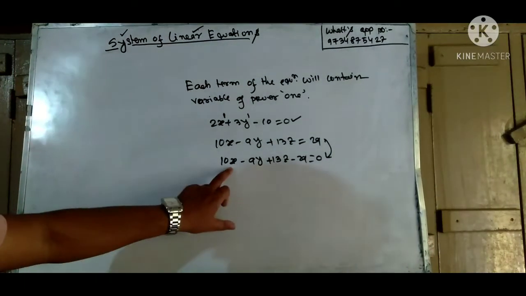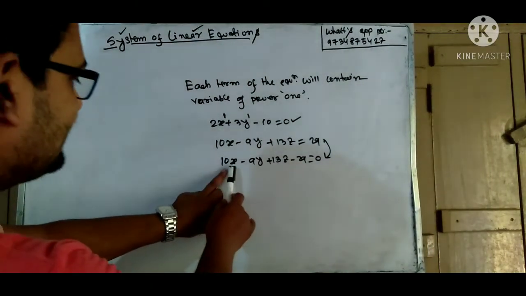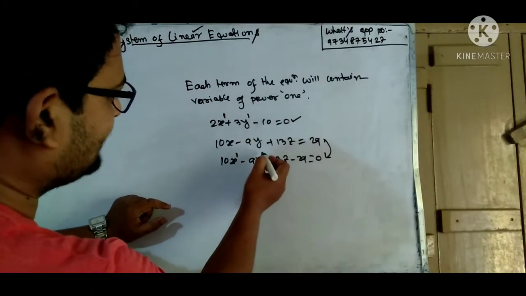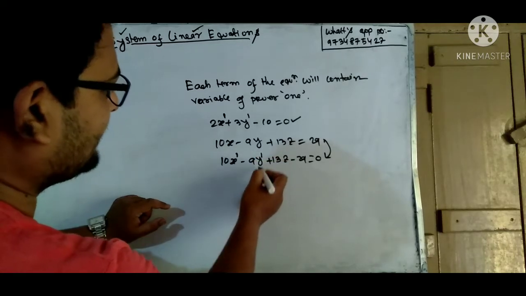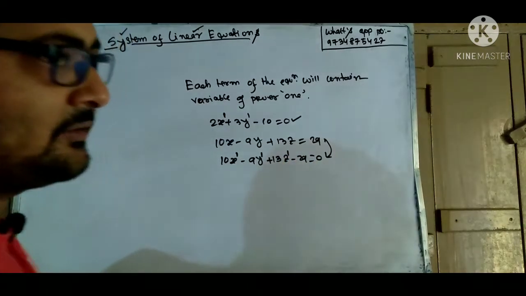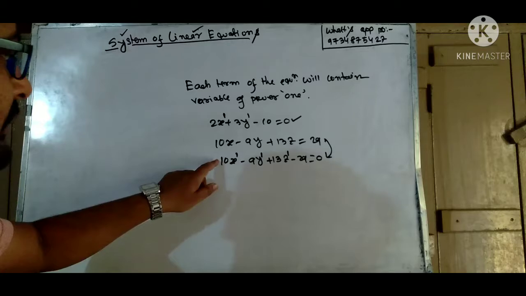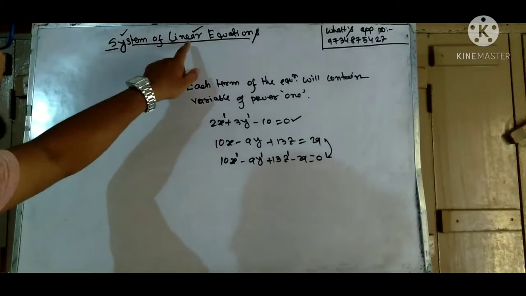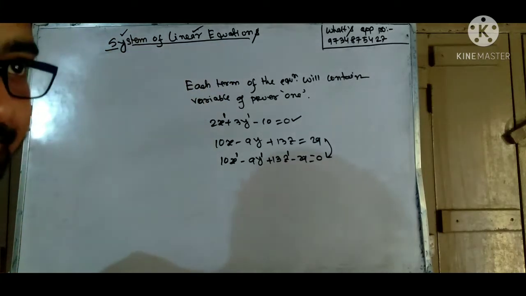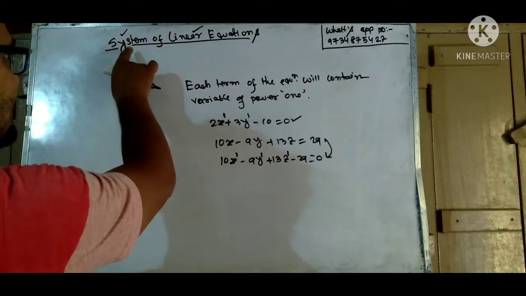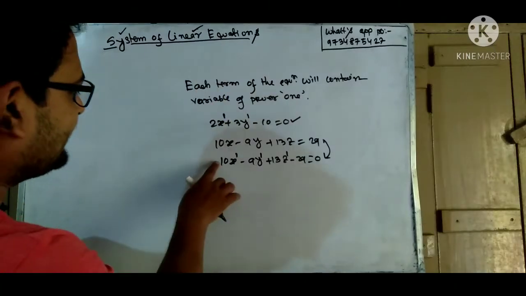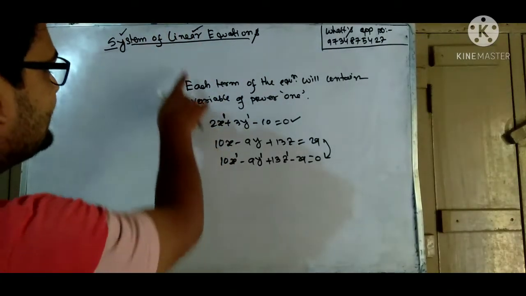Now we will check whether this is a linear equation or not. In the first term the variable x occurs, its power is 1. In the second term variable y, its power is 1. In the third term variable z, its power is 1, and in the fourth term there is no variable. So this is also an example of a linear equation. I am discussing only the linear equation first; we will discuss the meaning of system next. Therefore this is a linear equation, this is a linear equation, this is a linear equation.